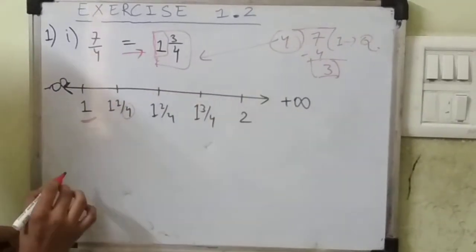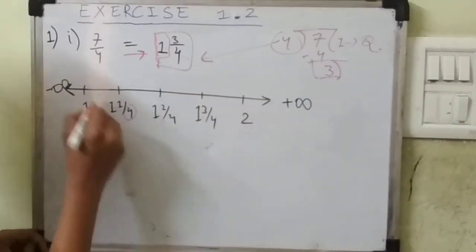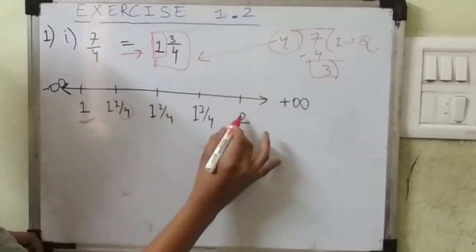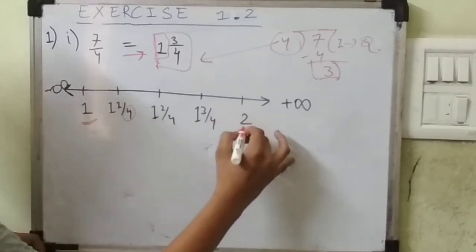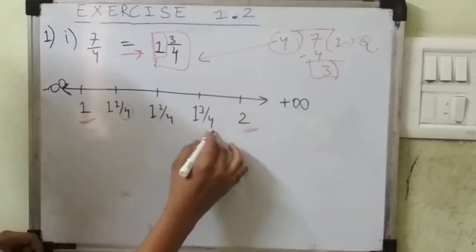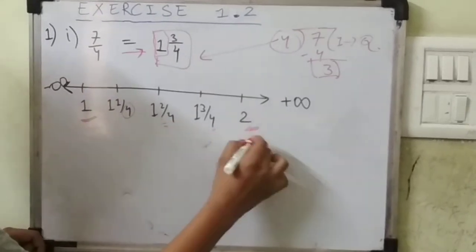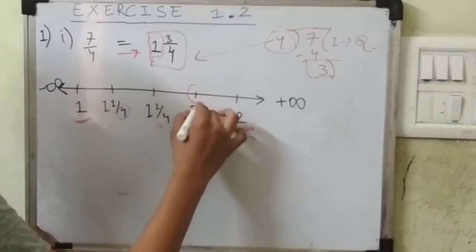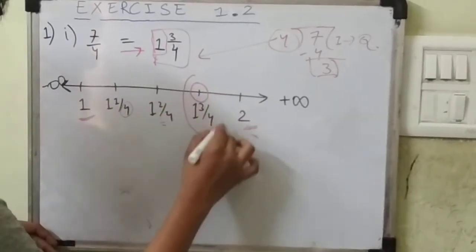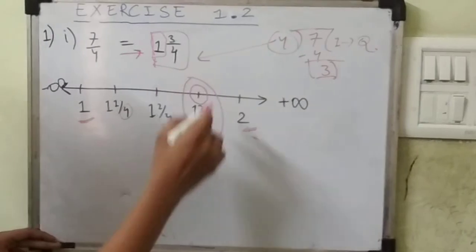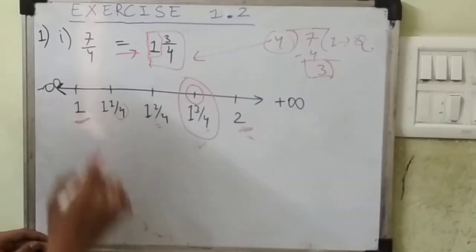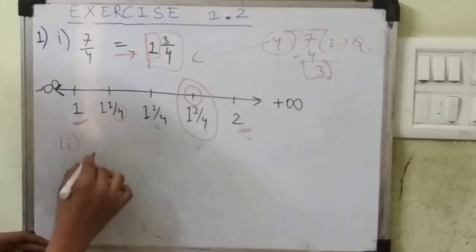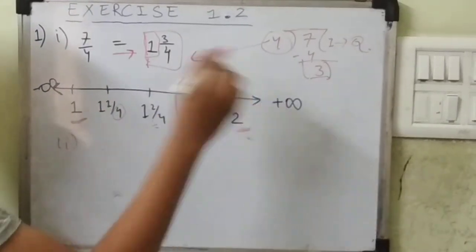You know that on a real number line there are infinite rational numbers between any two numbers. That is why I have taken equal distances and separated them. And then 1 3 by 4 plus 1 by 4 is 2. So whatever the question says, there is at least one number on both its sides, so the condition is satisfied. Now how to plot? You know, right? Circle this, or mark it like this, whatever is preferred in your book. So this was the first representation. There is a second part also, which is the same. You can do it in a similar manner.